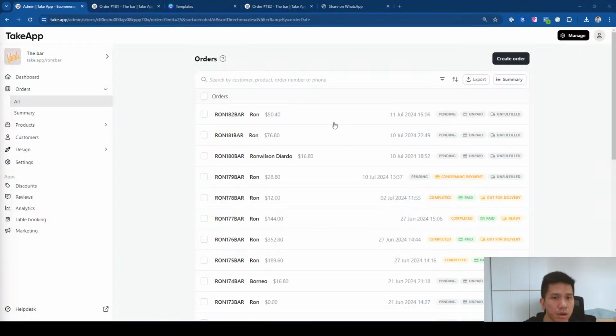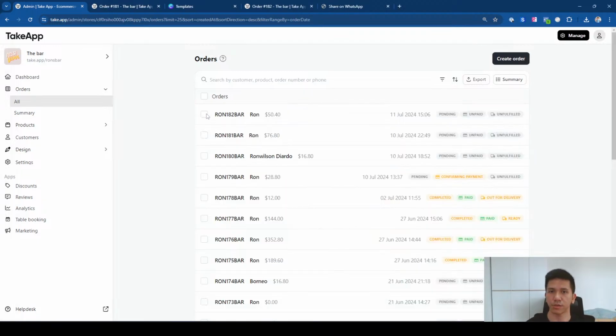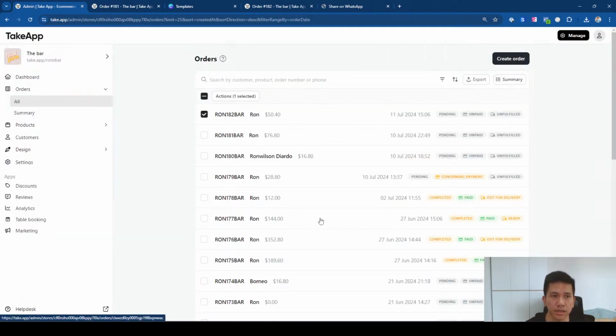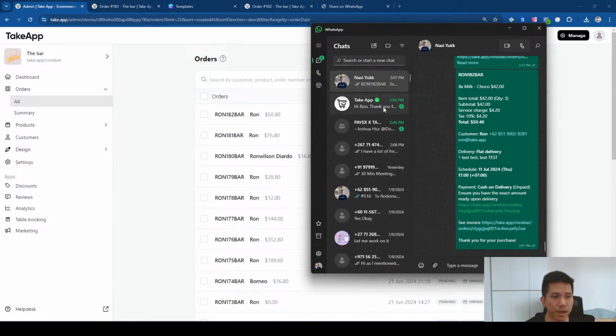So when you mark the new incoming orders, let me just change the fulfillment status to out for delivery, like I said previously, this one. Then it will change right here, of course. Then the customer will receive a notification from our end